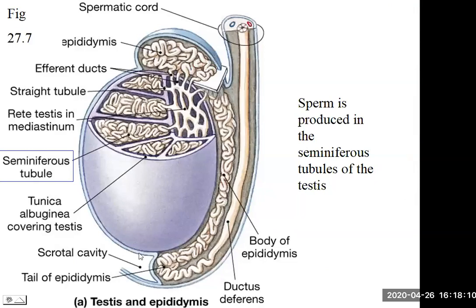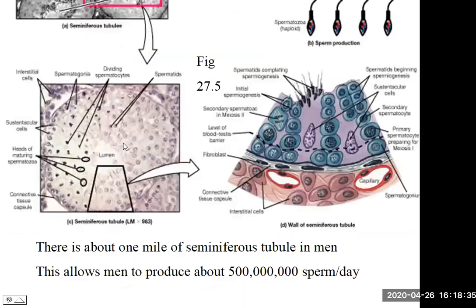Internally within a testis, there are multiple lobules, these coiled sections, and all of these coiled sections together make up what's called a seminiferous tubule. And you can see there's a large degree of coiling, a large degree of length to the seminiferous tubule, and this is the exact spot for the creation of sperm all along the length of these seminiferous tubules. And you can see that per testis, there's about a half mile, or in a pair, a mile